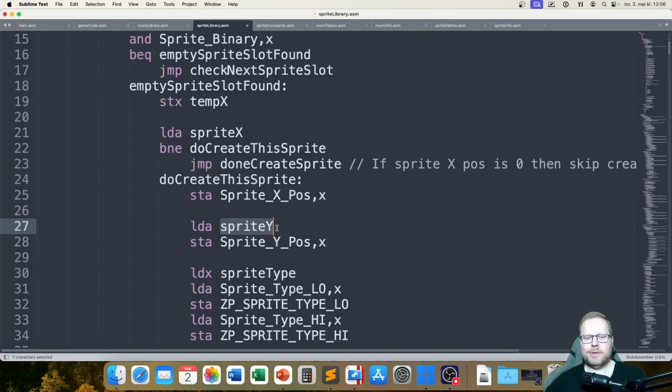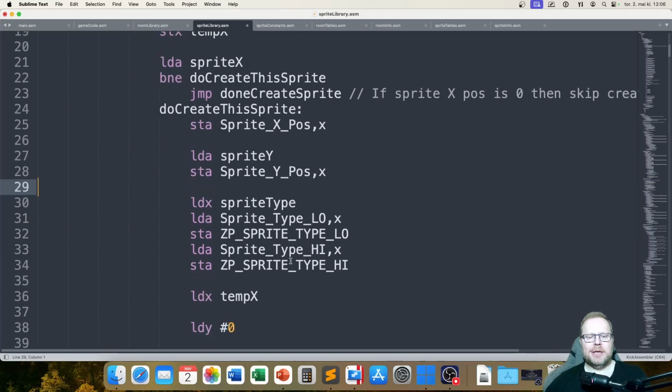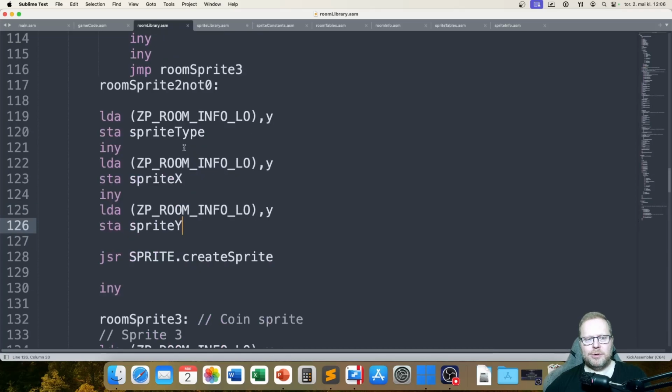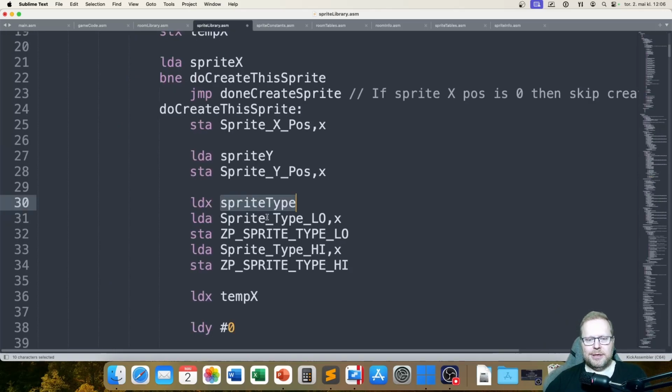So we have that as well, so I'm loading that now, and I'm storing that in the table for the y position for this specific sprite. Then I say load x with sprite type. Now I also got the sprite type here when I was loading the room from my room info table. So sprite type, I got that, but here it gets a little bit complicated again, because now I do the